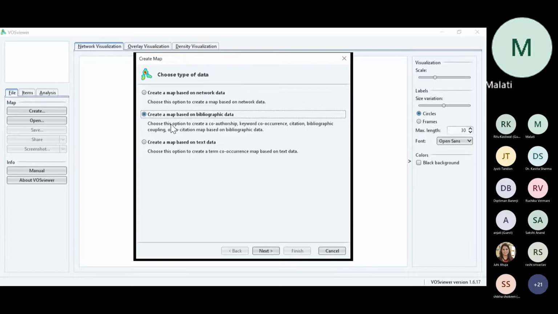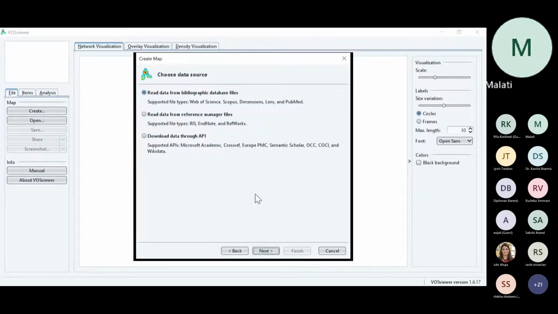It has also given some information: choose this option to create co-authorship, keyword occurrence, citation, bibliographic coupling, co-citation map based on bibliographic data. Yesterday I had shown you these things. So this second option we are going to choose.